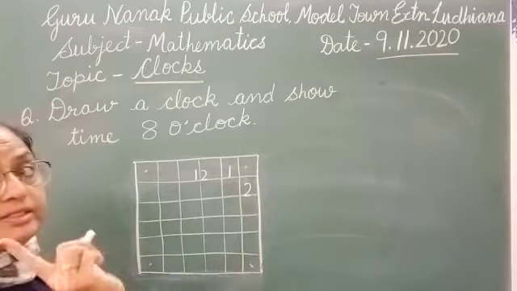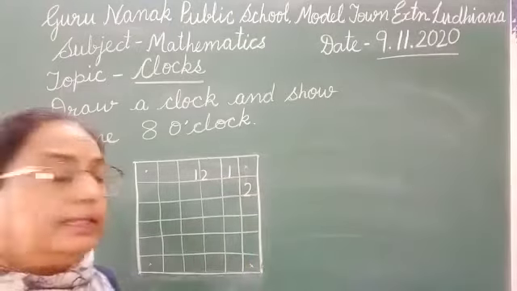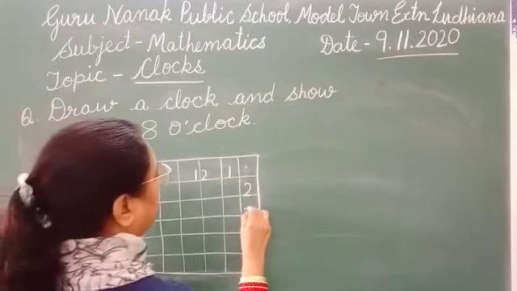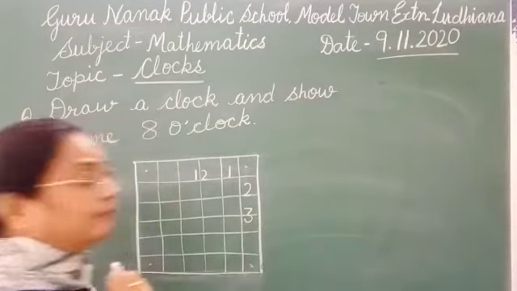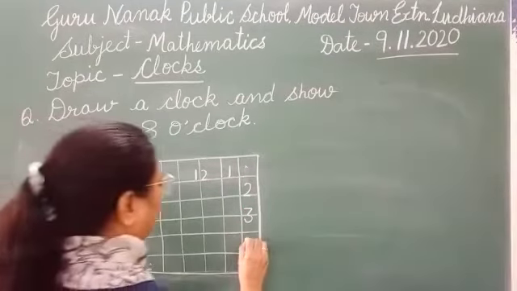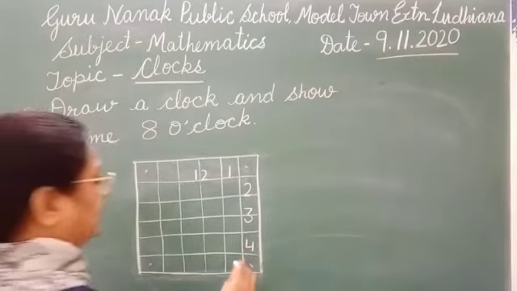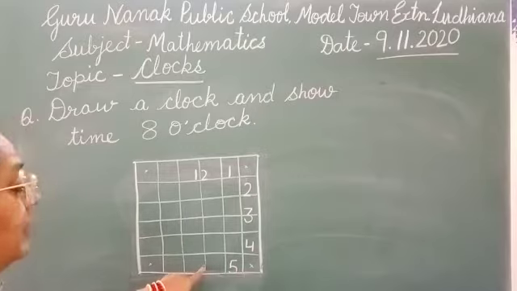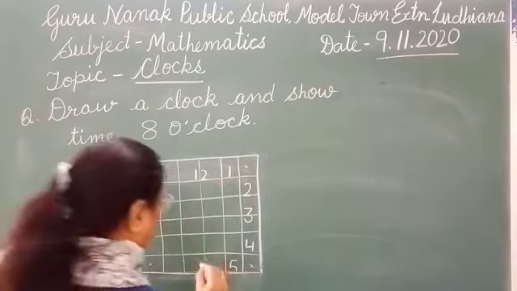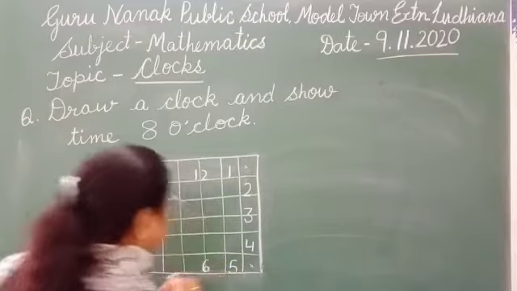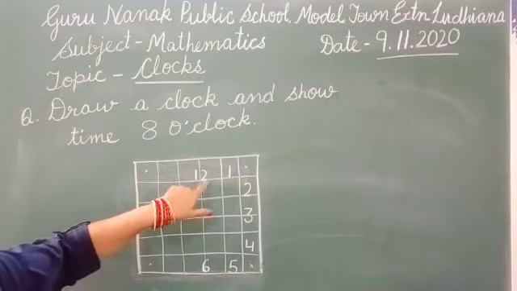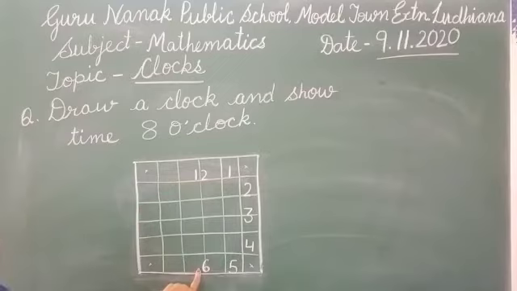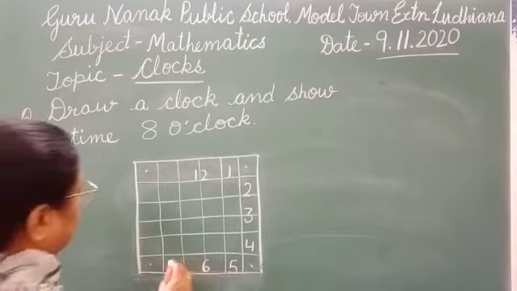Then 1, 2, this we have put a cross. Now next number is 3. But how will we write 3? 3 will come on the line, half in the third box and half in the fourth box. After 3, 4, this is a cross, 5. Again 6 comes here on the line below 12. In the same way as we have used the third and fourth box for 12, we have used this third and fourth box for 6. 6 will come on the line, half in this box, half in this box.